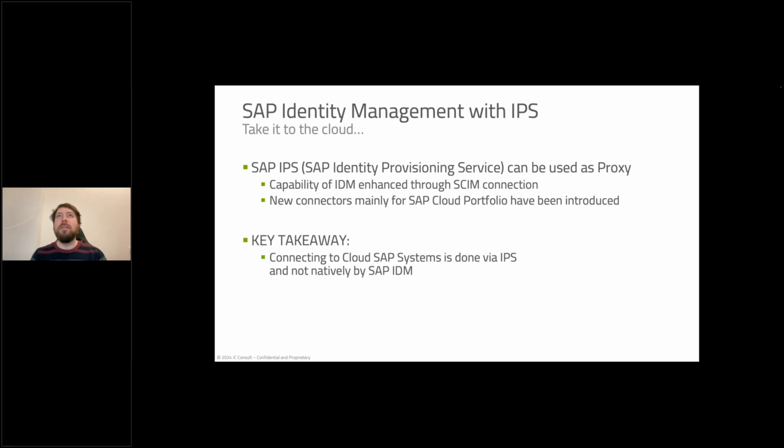So SAP IPS, Identity Provisioning Service, could be used as a standalone product. It's not sold standalone anymore, so if you buy an S4HANA, mostly this is bundled with an S4HANA installation, but also other products. So meaning if you have SAP or a more modern SAP product in your house, you will probably also have access to SAP Identity Provisioning Service, even if you didn't know,